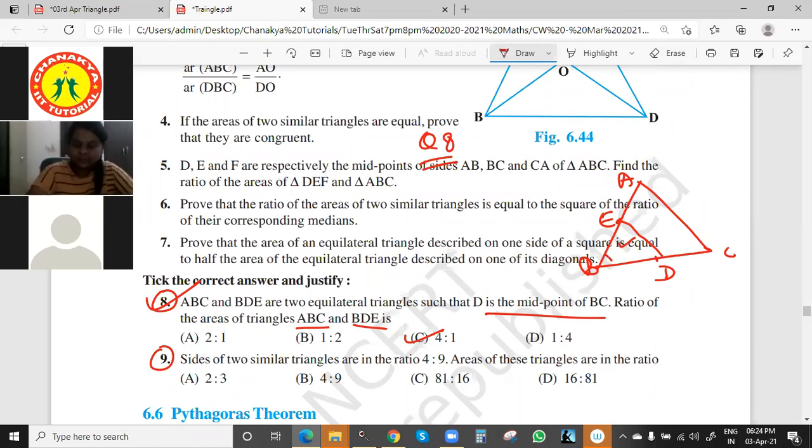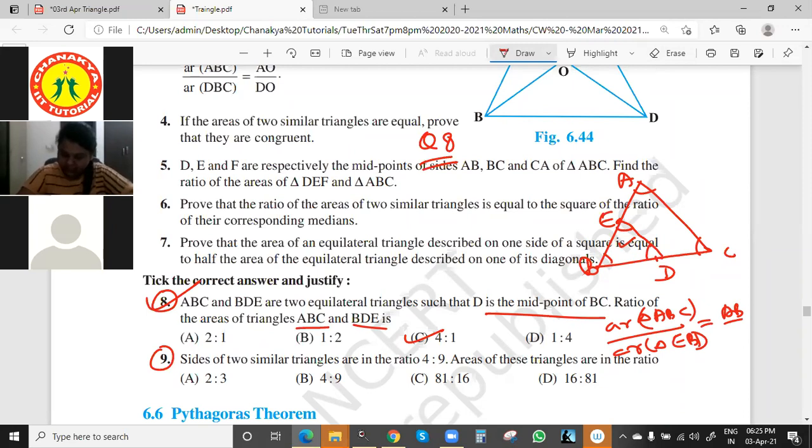So you can say these two triangles will be similar because this angle will be equal, and these are the midpoints. So by 6.1, or we can say the reverse of 6.1, this angle will be equal, corresponding angles. These two triangles will be similar. So area of triangle ABC by area of triangle EBD, as per sequence, will be equal to